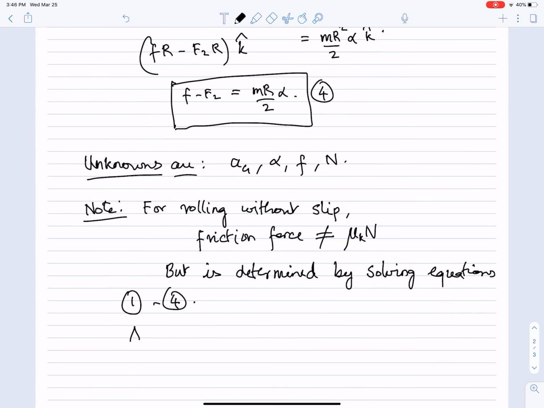This is analogous to static friction, okay,